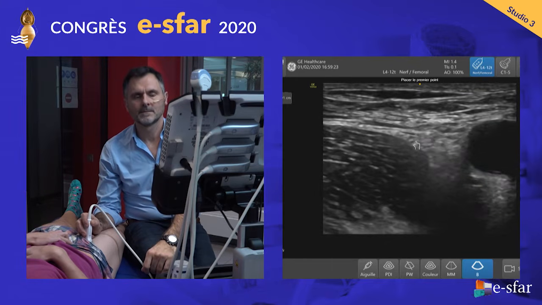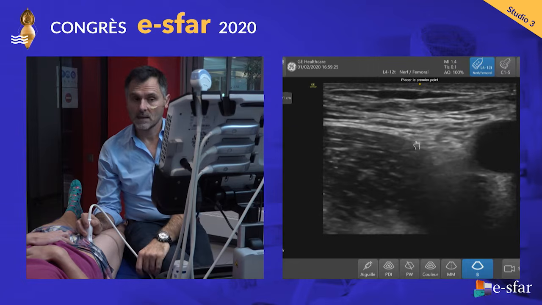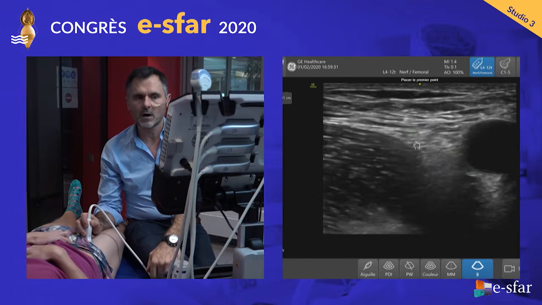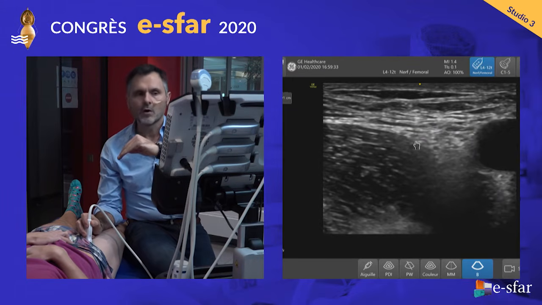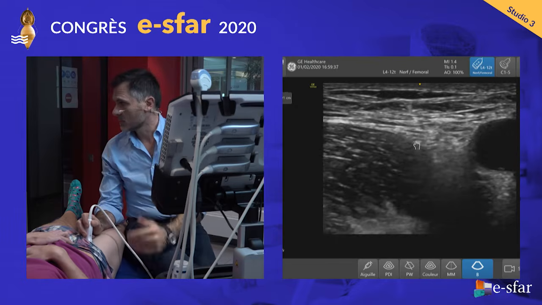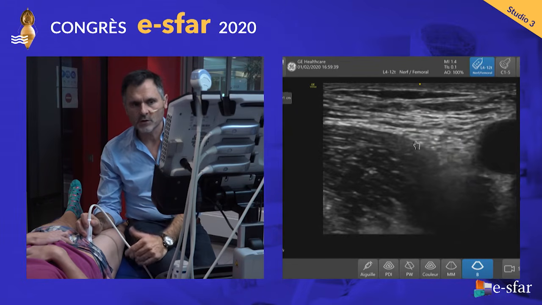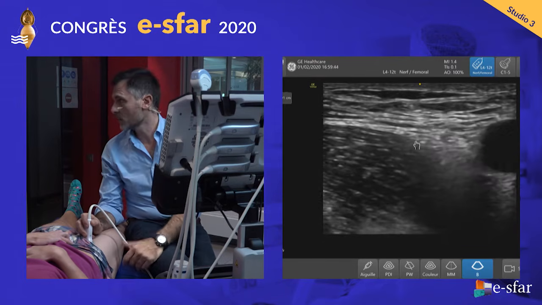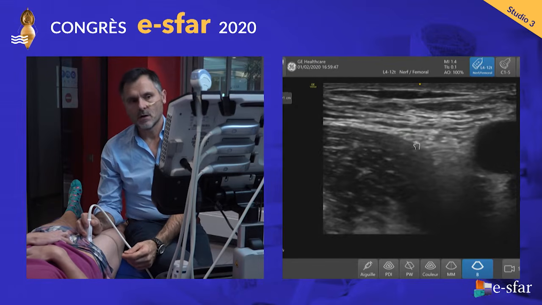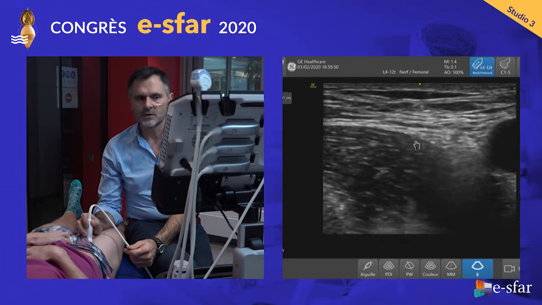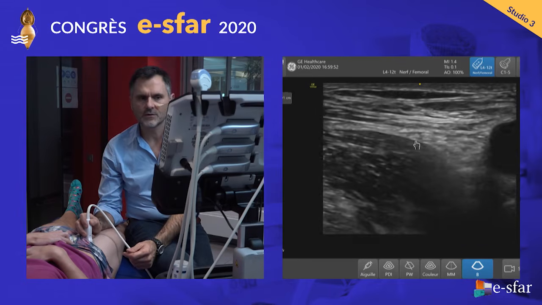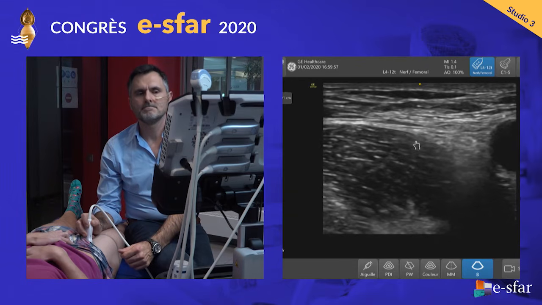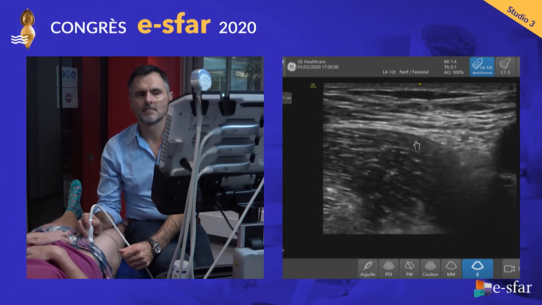Perfect. Can you see sometimes some artery in the nerve? Yes, sometimes there is an accessory artery which leaves the femoral artery and runs on top of the nerve or inside the nerve. So it is very important to search for this accessory artery to avoid a direct puncture and avoid a local anesthetic injection inside the artery. But we do not have this artery in our model. And performing a femoral block, is it the same for total hip replacement or total knee replacement?